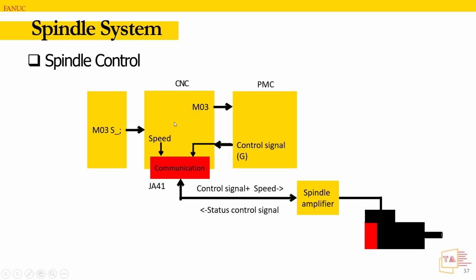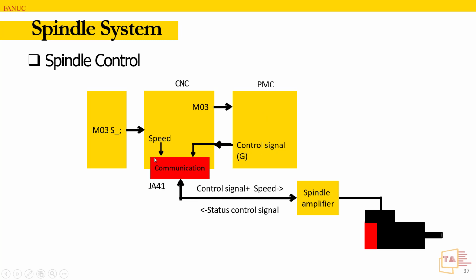Now what will the CNC do? CNC will process the speed, but what about the command? It will send the M03 command to PMC. So PMC will turn on the corresponding control signal to the spindle. Suppose you want to rotate the spindle clockwise, we are giving M03. The M03 is sent to PMC through the F signals. Now PMC will give the G signal again to the CNC, and the CNC will execute the clockwise command. The speed command is directly sent to the drive, but the clockwise command is sent to PMC. The PMC is sending the corresponding clockwise signal.